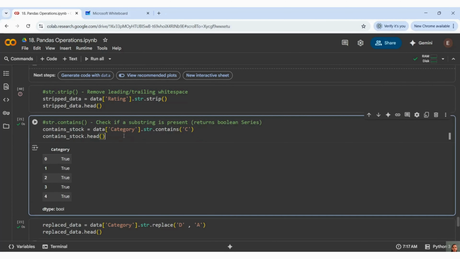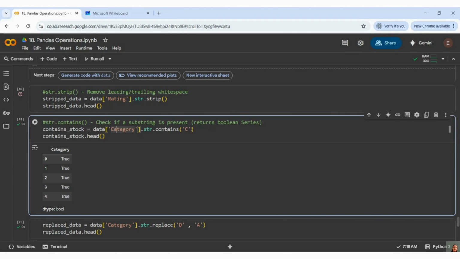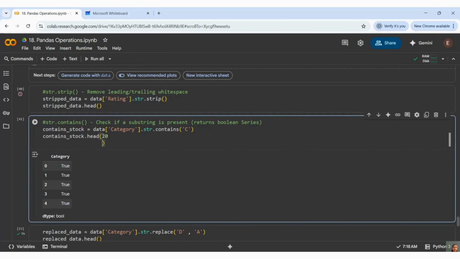Now you will see .contains. What does .contains usually do? It will check whether that particular substring or string is present in that particular data set or not. It is always going to give me a boolean value. Here I am checking whether my category contains C or not.